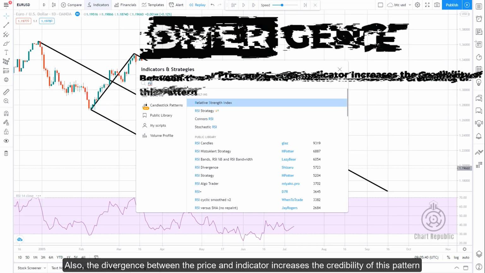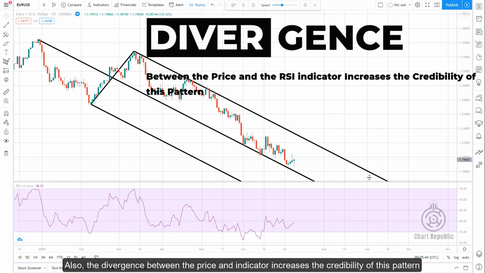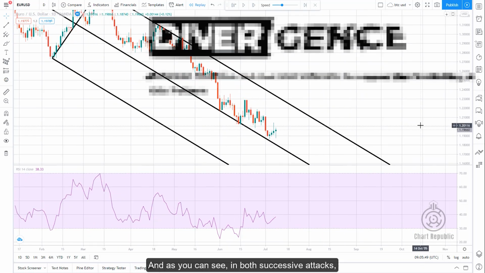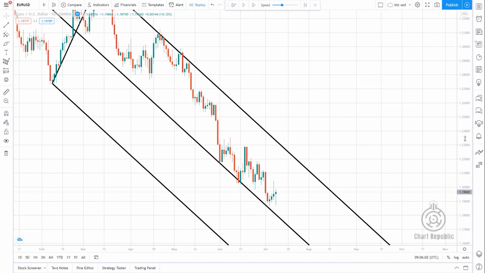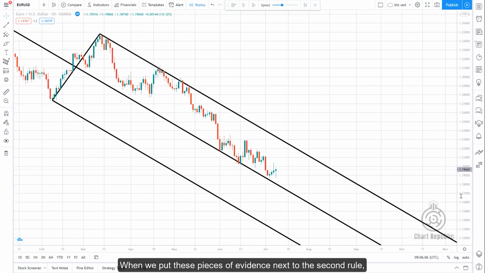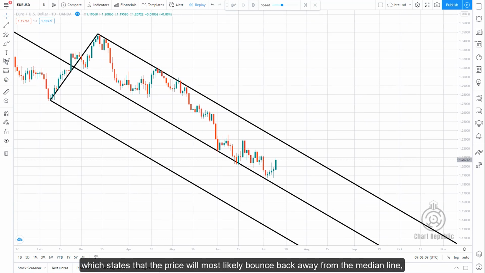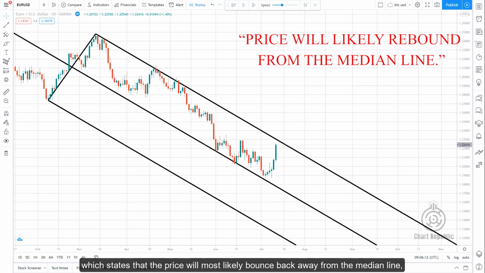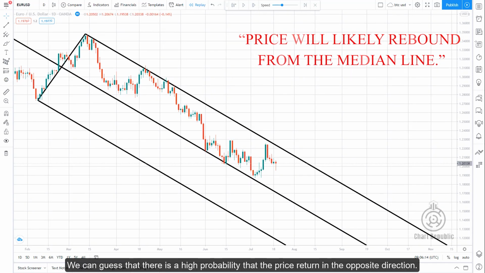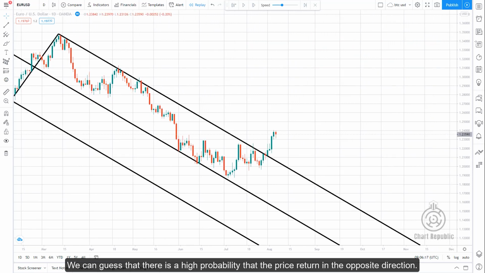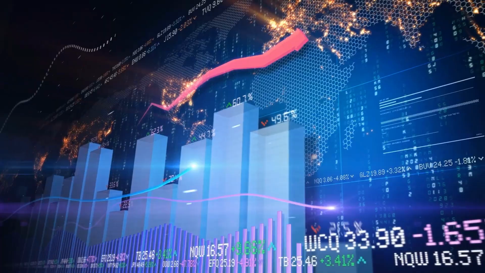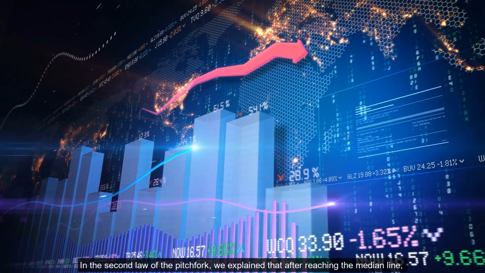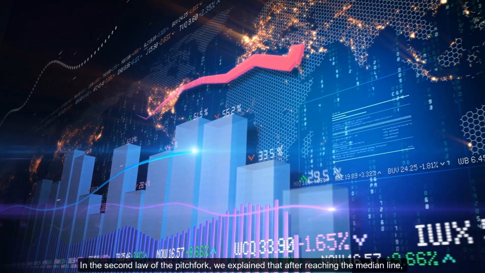Moreover, the divergence between the price and the RSI indicator enhances this pattern's credibility. Here, it is evident that, in both successive attacks, there is a clear divergence between the price and the indicator. When we combine these pieces of evidence with the second rule, which states that the price will likely bounce back away from the median line, we can deduce a high probability of the price reversing in the opposite direction, which eventually occurred. Based on the second law of the pitchfork, we argue that after reaching the median line, the price